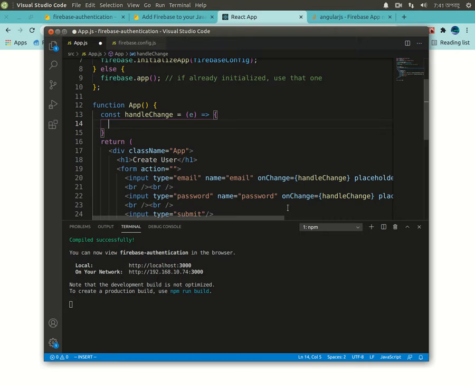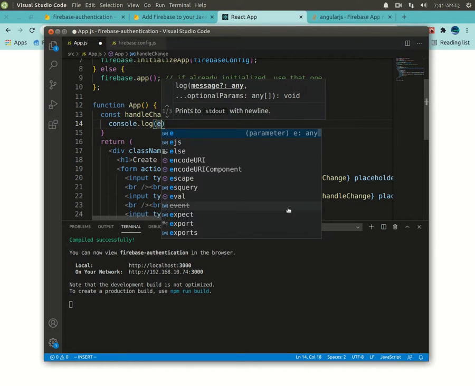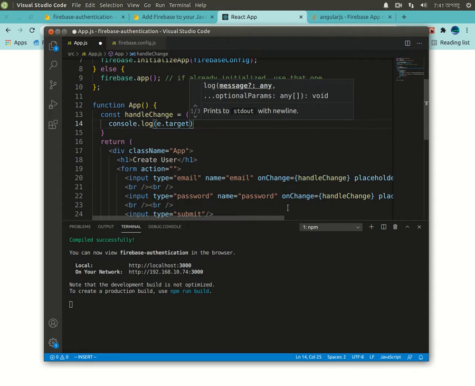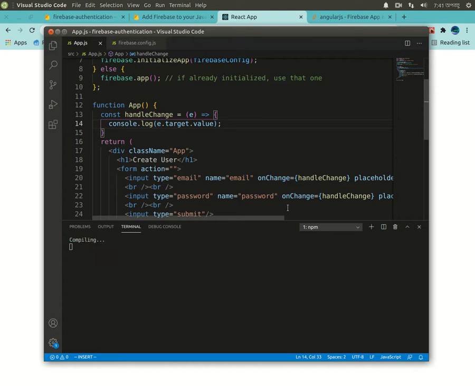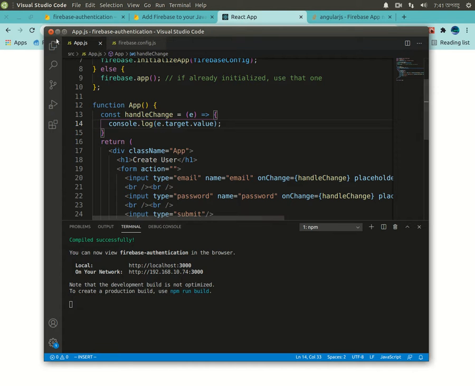Now we just want to console.log the event that we've got, console.log e.target.value. Now if we hit save,